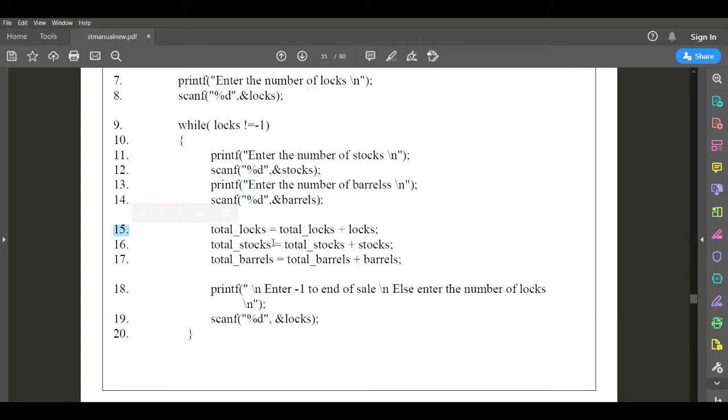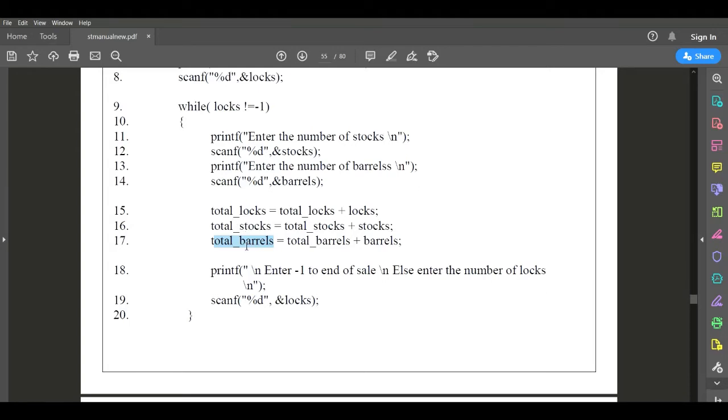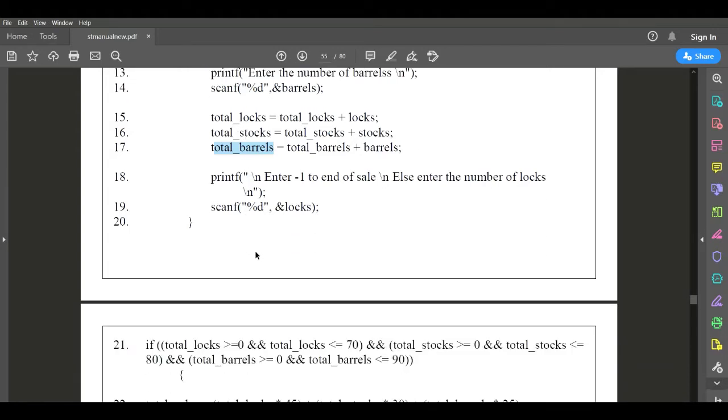Similarly, total stock is also redefined. In which line number? 16. Total barrel is also redefined, correct? In which line number? 17. Now the values which we have, total log, total stock, total barrel, where we are using these values, that I need to identify next. Where we are using total log, total stock, total barrel, in which line number?